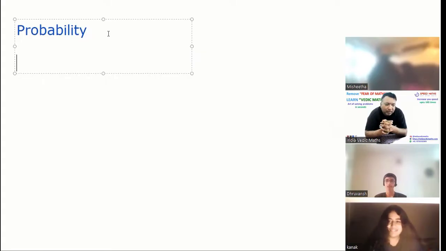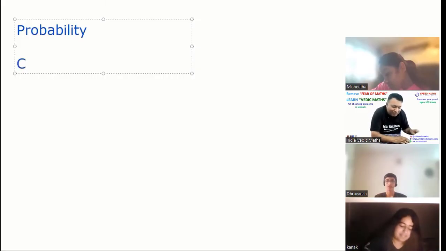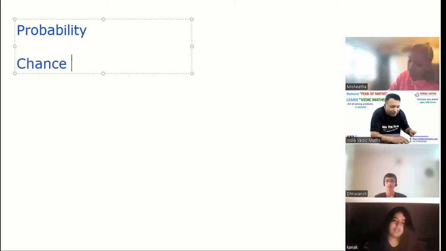Same as his. Same as this, same as Dhruvansh. The chance of Kanak saying it is same as it is 100%. Okay? Sir, Yes, Vedant. Is it like unlikely, likely, or like exactly. Chance of occurring